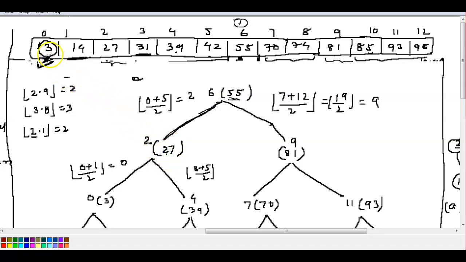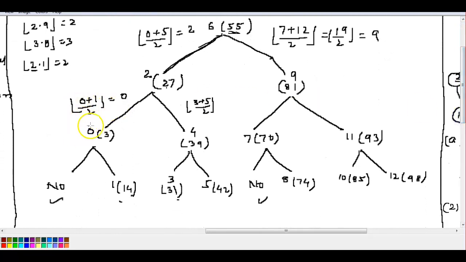27 and 3 will compare, which is again unsuccessful. So this 3 is left hand side, so you have to search in the left hand side. So now 3 and 3 will be successful, right? So for 3 how many comparison you have to do? 2 comparison, right? Similarly for the 14, this one will compare one time, this one 2 times, 3 times, and this is 4 times. Means 3 unsuccessful.